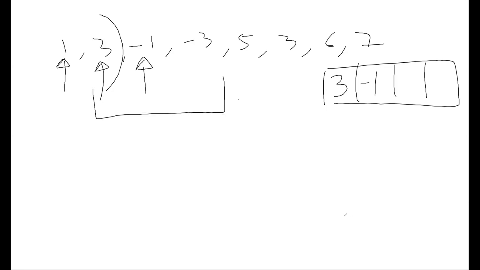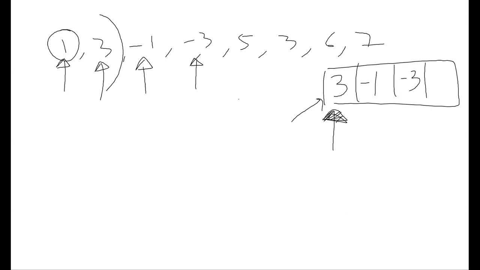This is my new window. So when I move the window, I know I have to remove 1. But 1 is nowhere in the auxiliary data structure, so I don't need to worry about it, right? The reason being I already removed 1 because 3 was there. My max will always be at the first position, and the future maximums will be somewhere down the line in the queue. Now I have next element, which is -3. Again, based on the same logic, yes, we can put it in because in future it might become a potential maximum element. I move my window again.